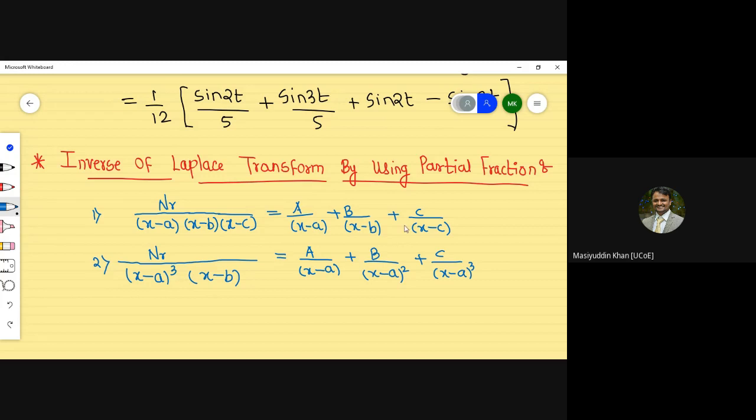If the power is 4 times, then we have to move by d upon x minus a raised to power 4. If the power will be 2 times, or repeated terms are 2 times, then we have to stop here only. This term is not going to come. And the last one becomes d upon x minus b. So these are the things we have to perform the evaluation in partial fraction.